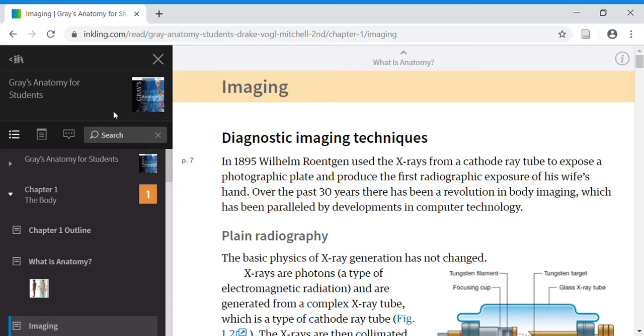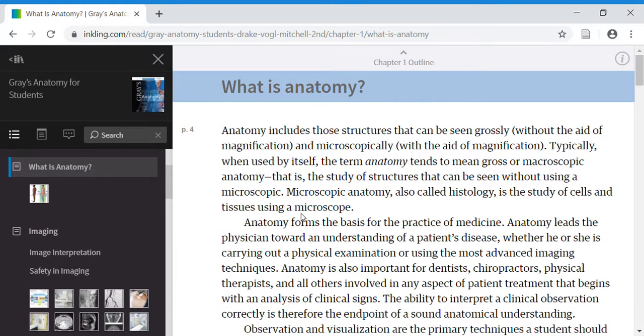Okay, hello, and this is a continuation of the previous video on anatomy. The video was titled Inkling, and the basic thing is what anatomy is. So, the anatomy